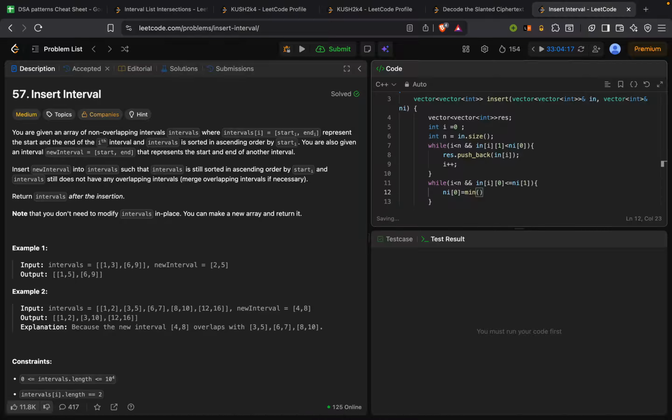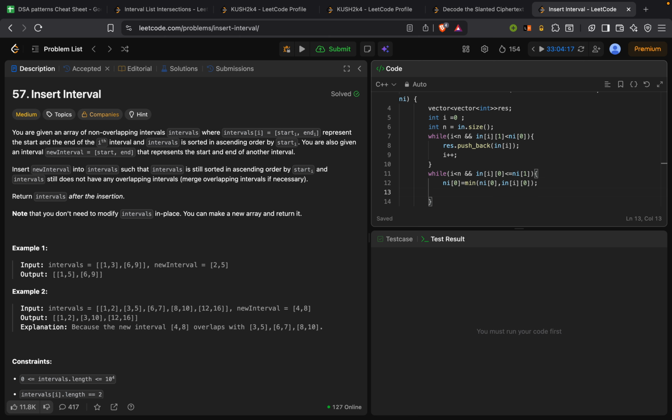So minimum of ni, new interval of 0, that is the 2 value here, comma interval of i comma 0, that's 1. We're checking that ni of